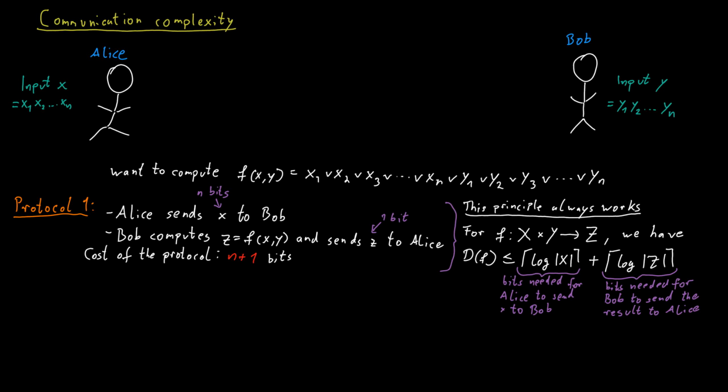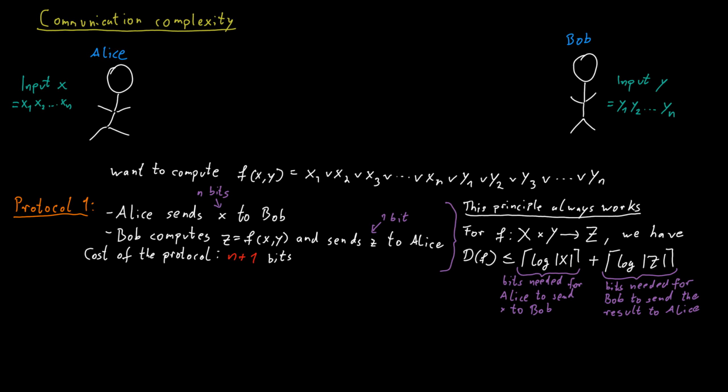You will notice that I did not assume here that this function is a decision function. If it's a decision function, the output could only be 0 or 1. So this set Z would only contain 0 or 1. So it would be a set of size 2. But in general, this function could be something different. It doesn't have to be a decision function. So I kept it more general. For the OR function specifically, the question is, can we do better than this rather naive approach?